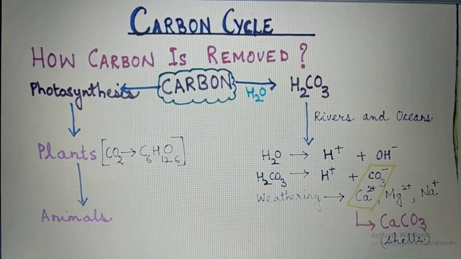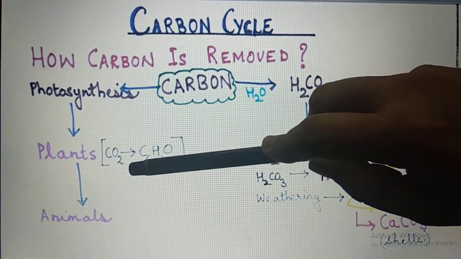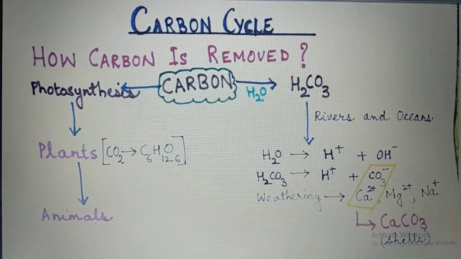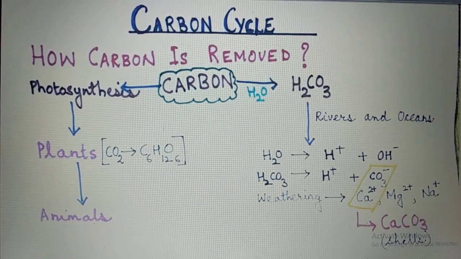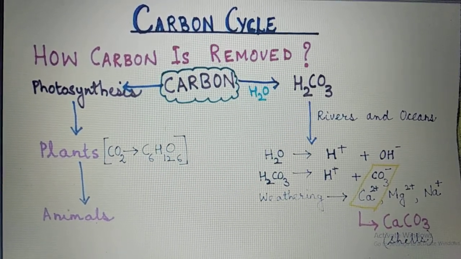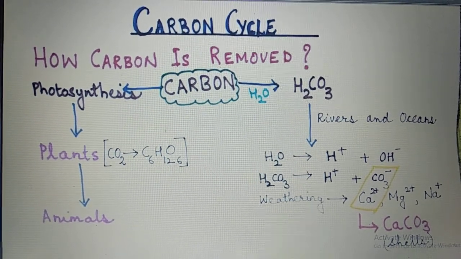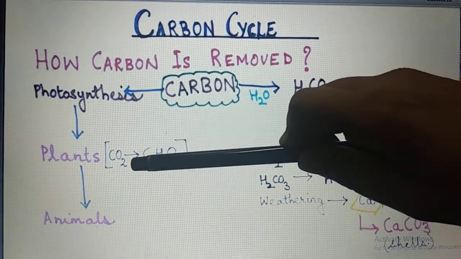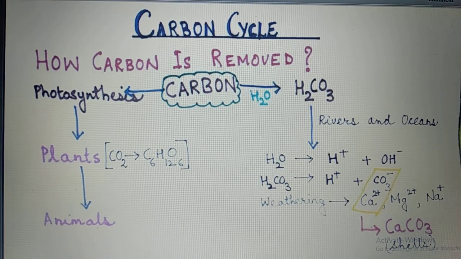Now you may have a question here: how is carbon present, when I am mentioning carbon dioxide here? Actually, as I told you, only in graphite and diamond is carbon present in elemental form. Elemental form means only C, that is, carbon alone is present. Other than that, carbon is always present in combined form, that is as oxides, which you can see here, carbon dioxide, or carbonate, CO3, or HCO3, which you call hydrogen carbonate.